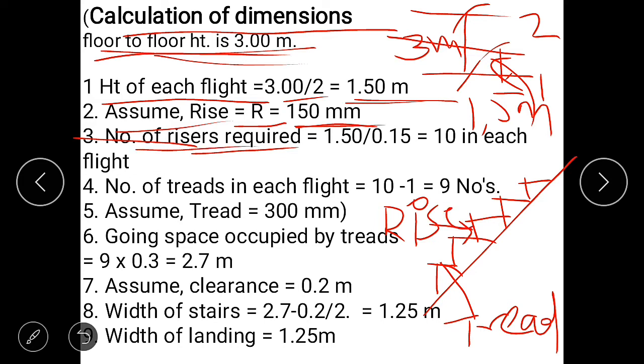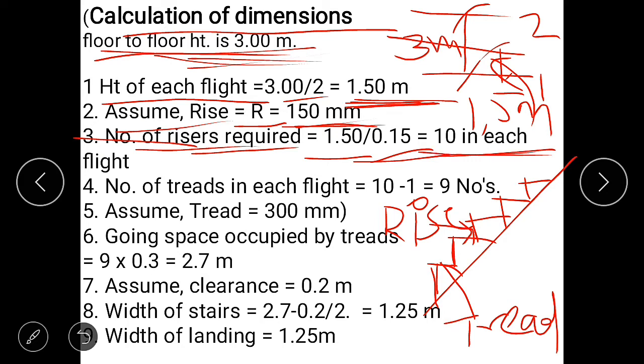Okay, so number of risers required. How many risers do we require for this part? So 1.5 divided by 0.15, because 150 mm means 0.15 meter. 1.5 meter divided by 0.15 meter gives 10 for each 1.5 meter, so in the total 3 meter height, a total of 20